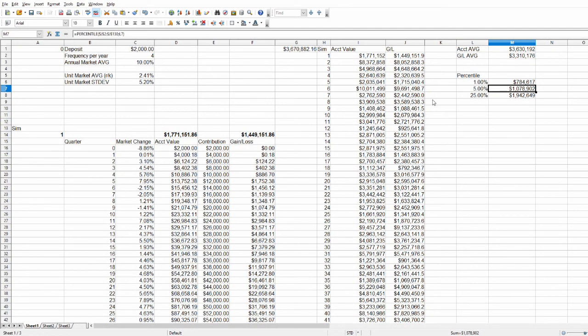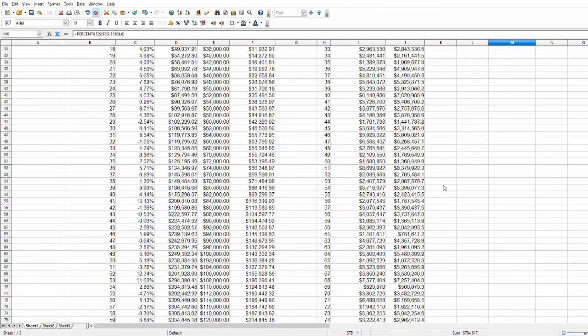That's the big takeaway from this: if I want to invest my money and after 40 years of saving up, retire with $1 million in profit, there's a 95% chance that that's going to happen. It's not a guarantee. 95% is not a guarantee. What it's saying is 95% of the time you're going to make over $1.078 million, but 5% of the time you're going to make under that. As a matter of fact, 1% of the time you're going to make under